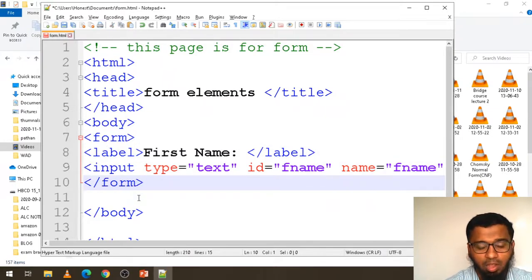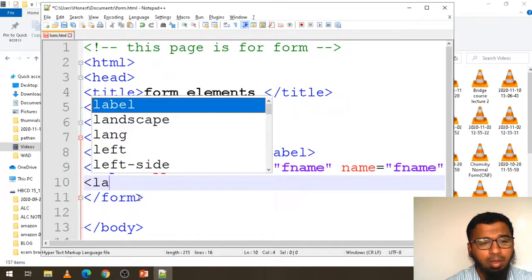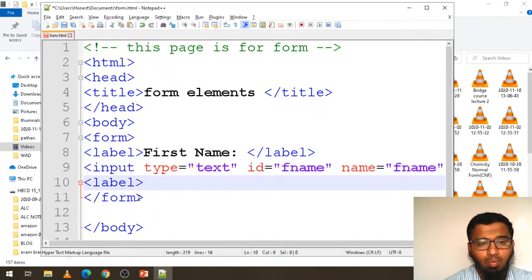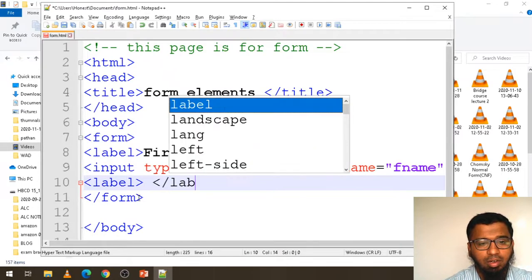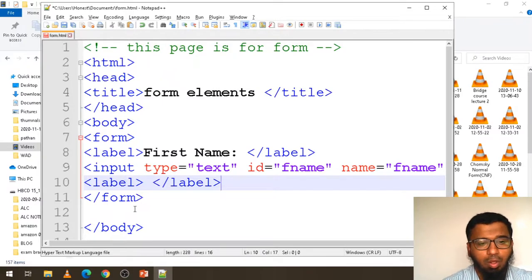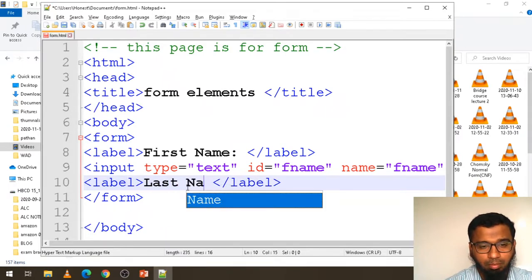Okay, in the same way we need to add another label, opening tag and closing tag. Now I am writing here last name.